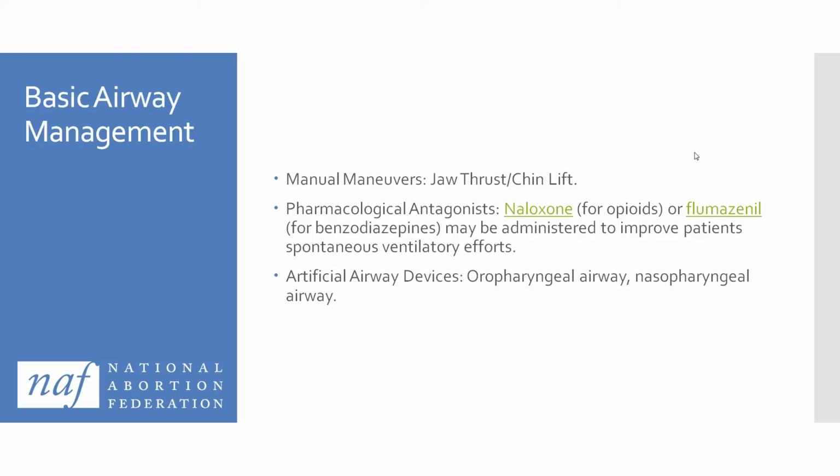Incorrect insertion of an airway can push the tongue into the back of the throat, causing airway obstruction, as can using an incorrectly sized device. A device that is too small is ineffective and can be lost in the oropharynx. A device that is too large can press against the glottis and obstruct the larynx, causing trauma to soft tissue by catching on the tongue or lips between the airway and teeth.